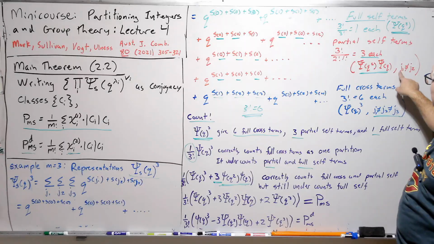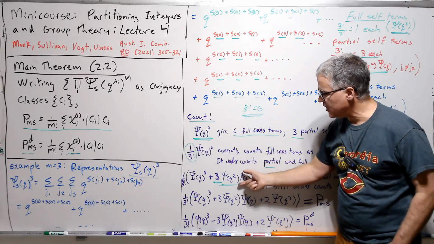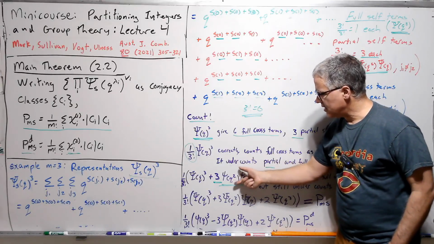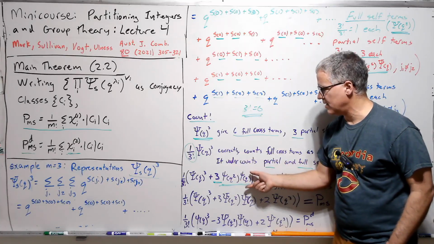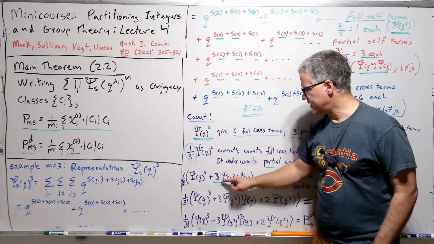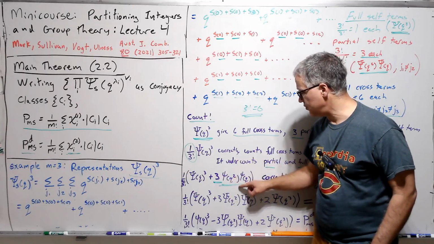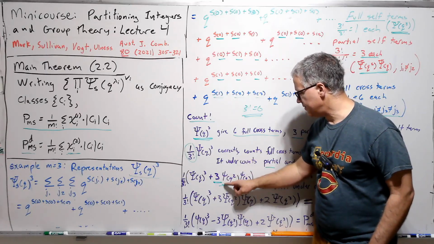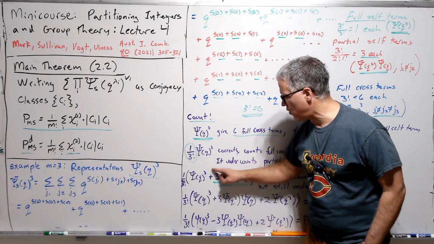The red is this without j equals this. This is with j equals 1 and 2. So here, this includes fully self terms in here, as does this. So this has 1 fully self term. This has 1 times 3 or times 2 or 3 self terms. So we have a total of 4